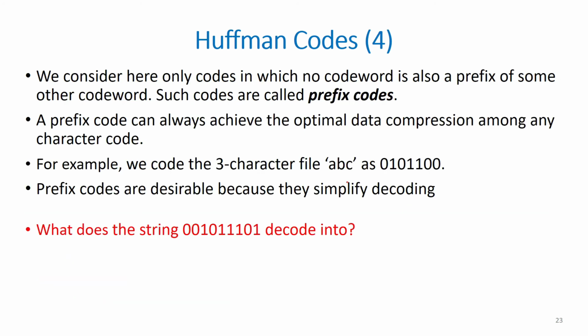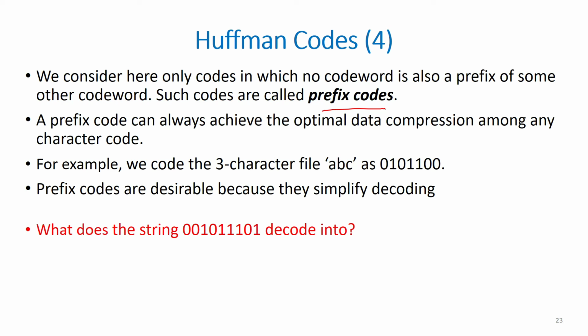The code words being allocated in the variable length coding approach, however, cannot be done randomly. Only those code words can be used that are not a prefix of any other code word. Such codes are referred to as prefix codes. So, if you use prefix codes, the variable length coding will always guarantee optimal compression as compared to any other